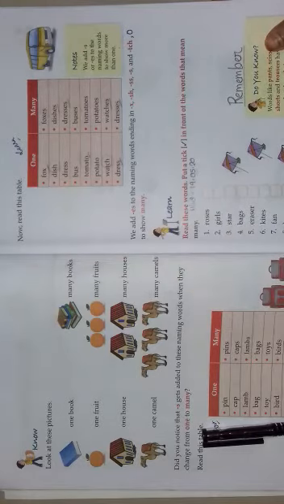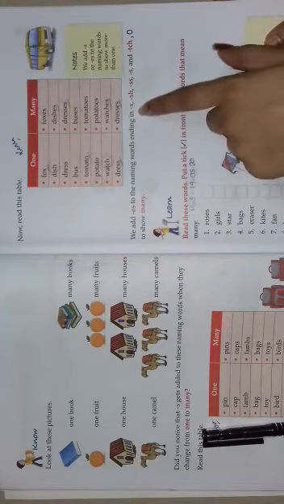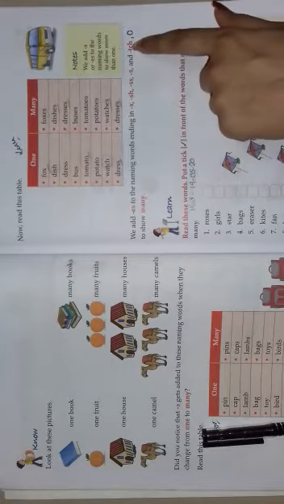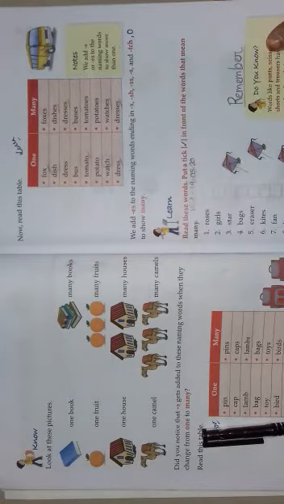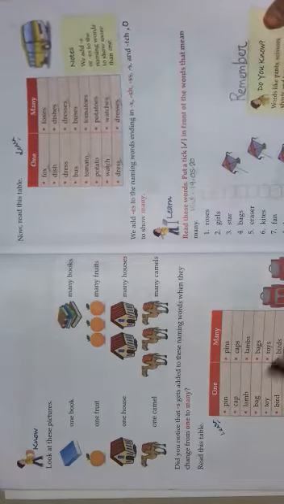We add ES to the action words ending in X, SH, SS, S, TCH, O to show the action word. Generally we will add S to the action words. Clear? So this is the rule when we add S or ES to the action words. And here three more rules are written which you must learn properly.